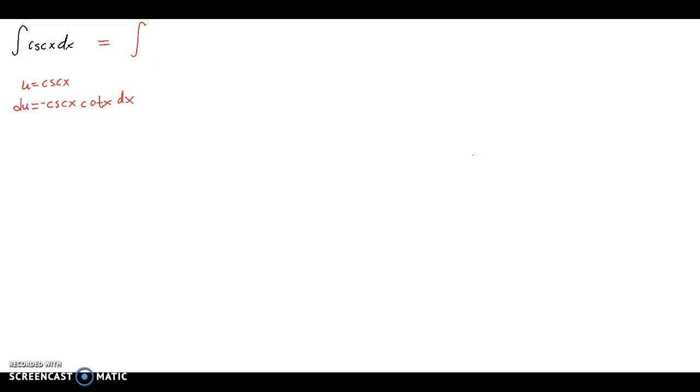We're going to leave the cosecant from the original function, and we're going to multiply by a factor of 1. Our factor of 1 is going to come from this new term, the cotangent and the negative that we have here. So we're going to do negative cotangent x over negative cotangent x dx, and this is going to be equal to,